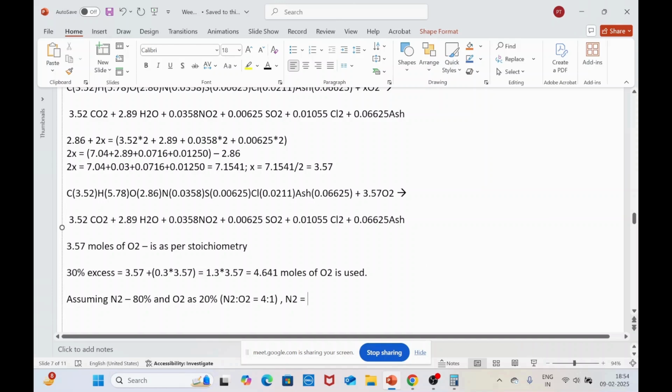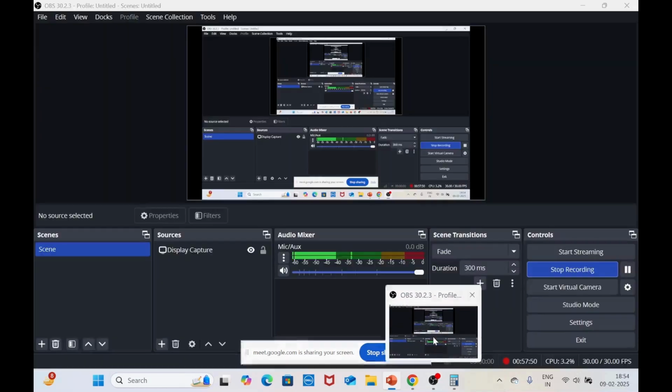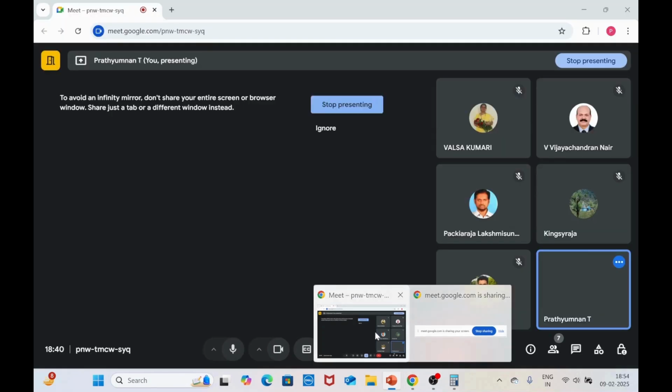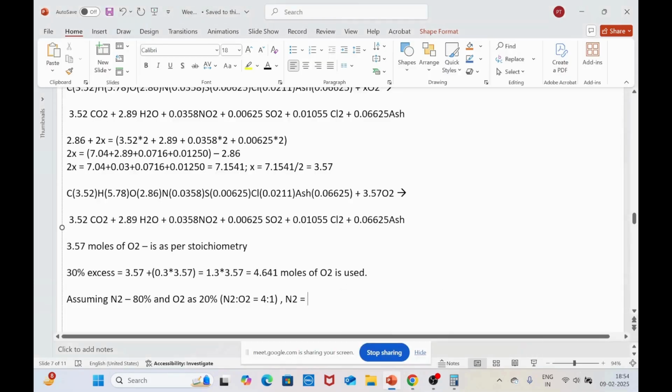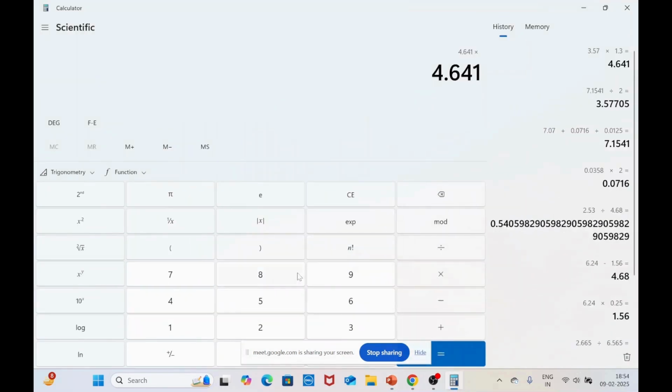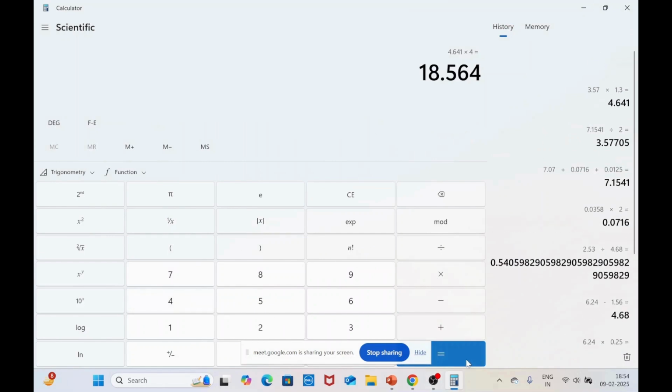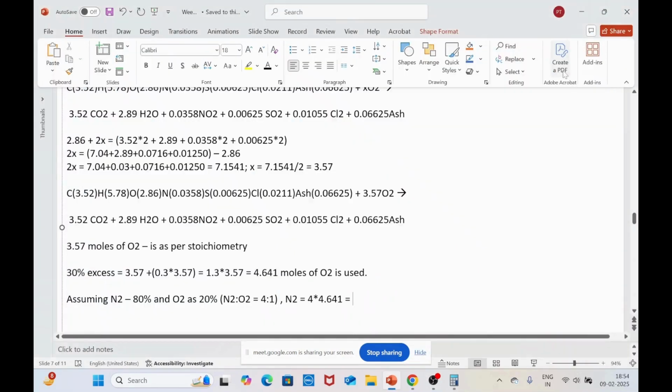If oxygen number of moles, yes, 18.564. Okay, I have to calculate. So 4 times 4.641, yeah, it will be somewhere around that value. So this times 4 is 18.564, 4 moles. Yes. So this is for the